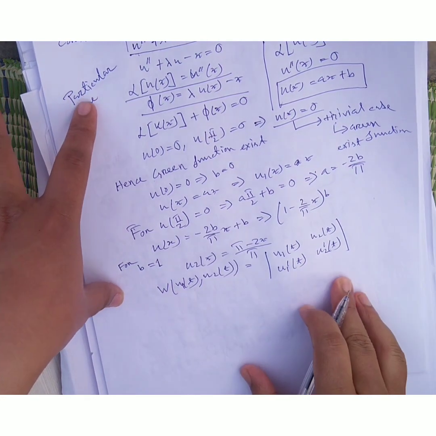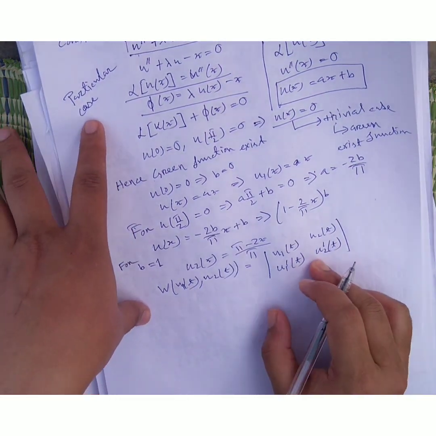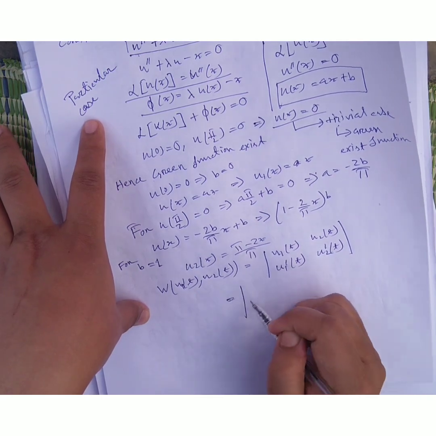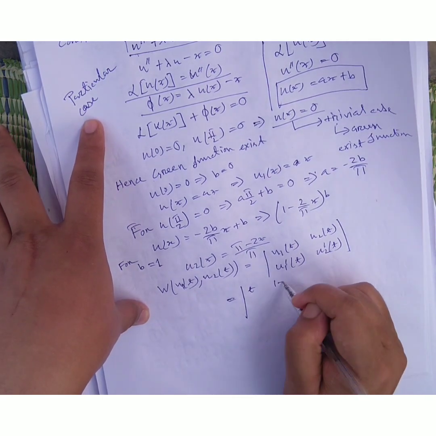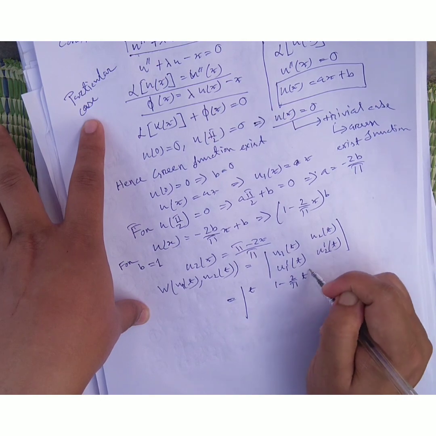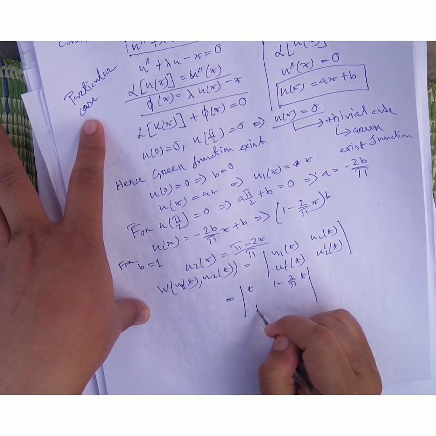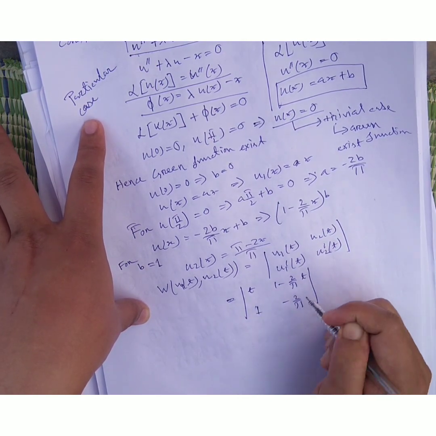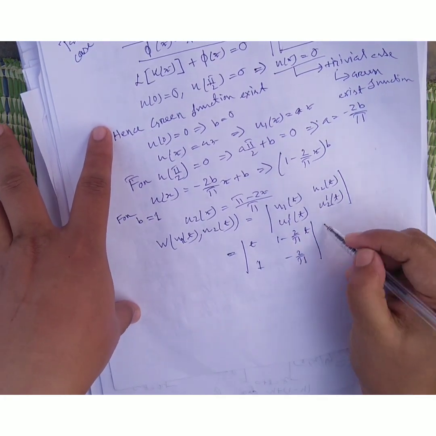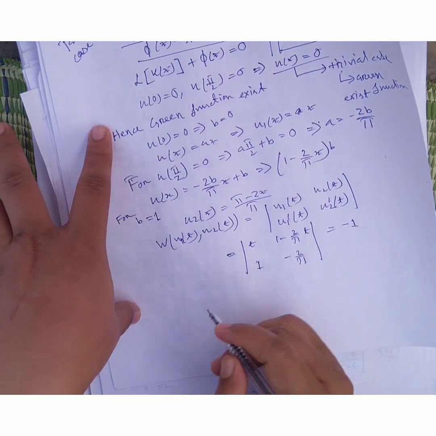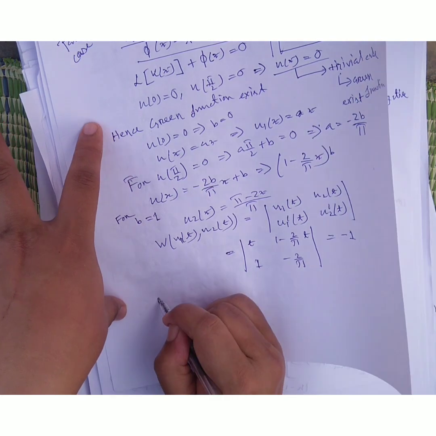This is the Wronskian. According to my question, the Wronskian is 1 minus 2 by pi into t and 1 minus 2 by pi. W is equal to minus 1. The Wronskian is equal to minus 1. So p t is equal to